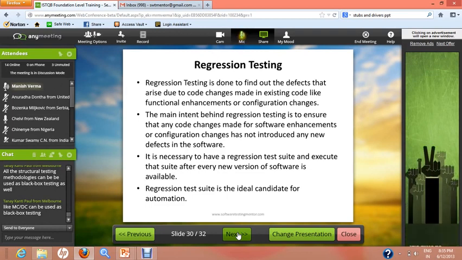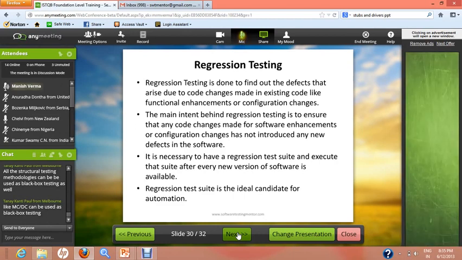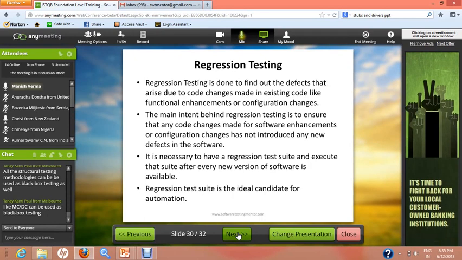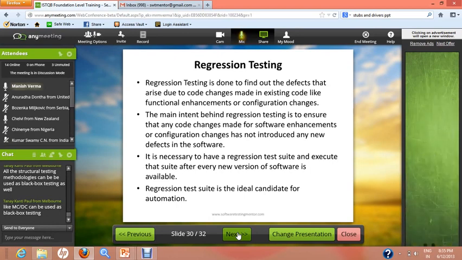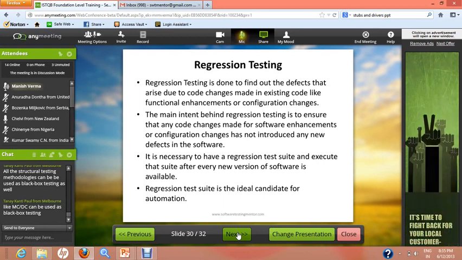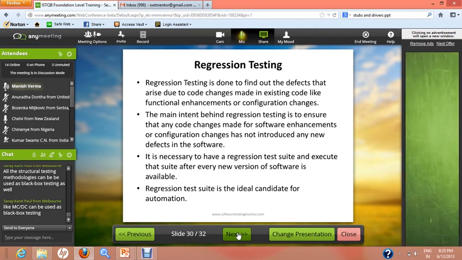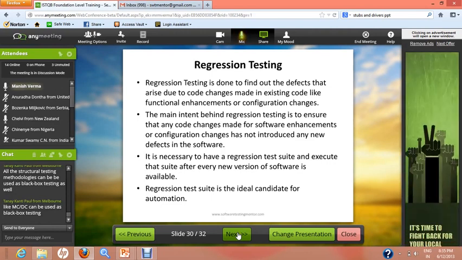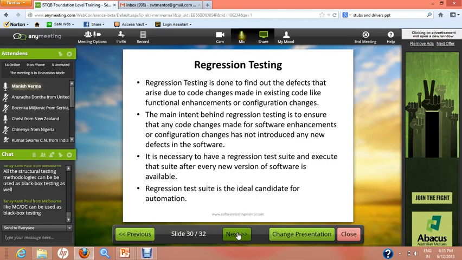Multiple condition decision coverage is used mostly in white box testing, and for black box techniques there are various other techniques that are used: equivalence partitioning, boundary value analysis, decision table, and cause effect graphing. But the white box testing techniques or structural testing techniques are mostly for